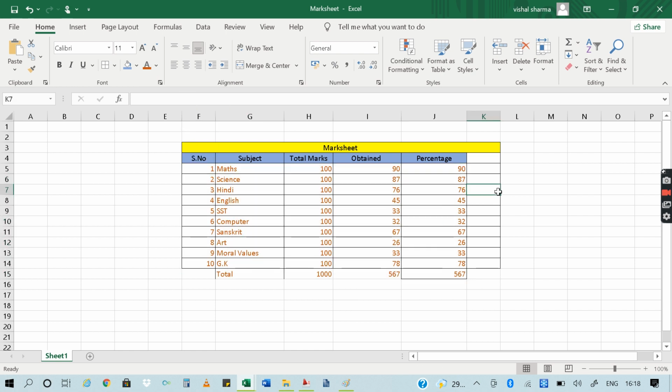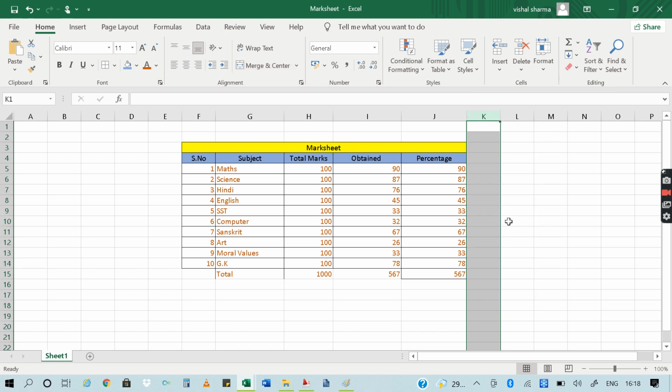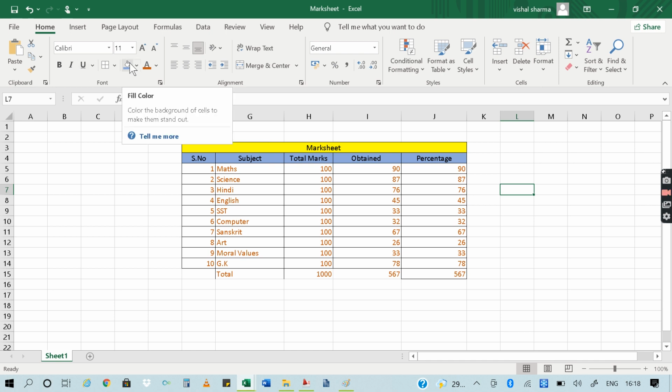Okay, suppose I don't want this, so I will delete it. So in a simple way, for changing the color, use the fill color option in the font group, and in the same way for text color, you can see the font color option again in the font group.